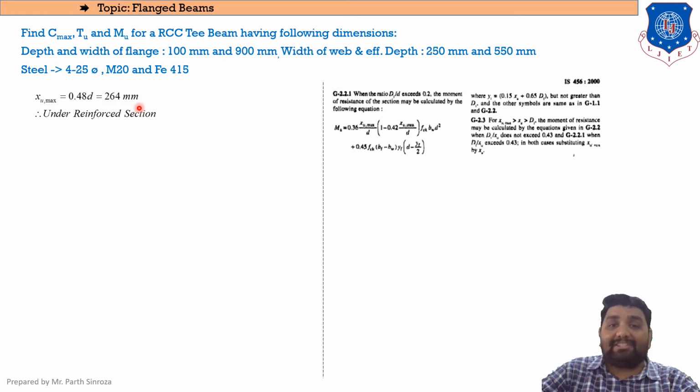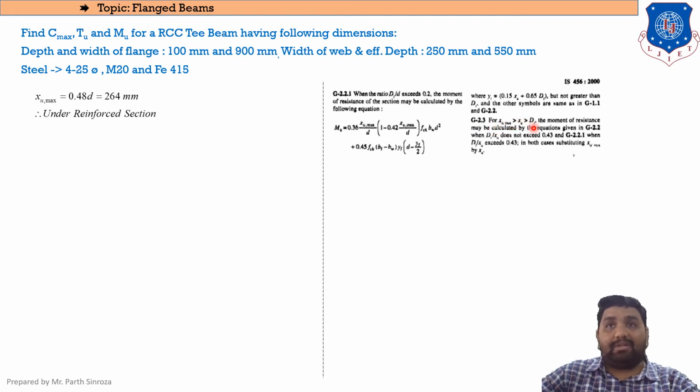So as the XU is less than XU max, it is an under reinforced section. Now we will be focusing on our third parameter, or the third question that was asked, that is to find the value of Mu, that is moment of resistance. To find the value of Mu, the possible case is G2.3, because the neutral axis is in our web. As we can see here, G2.3 on page number 97, it is mentioned for